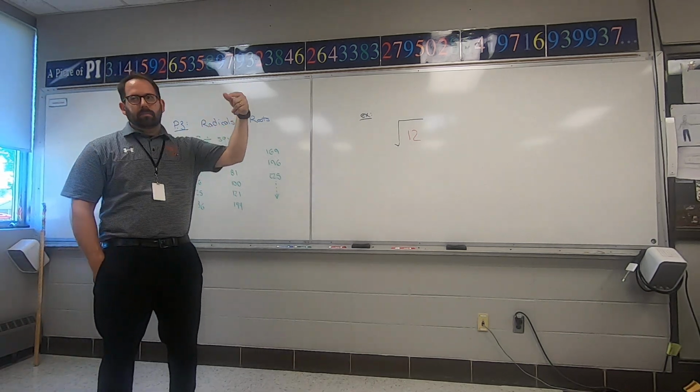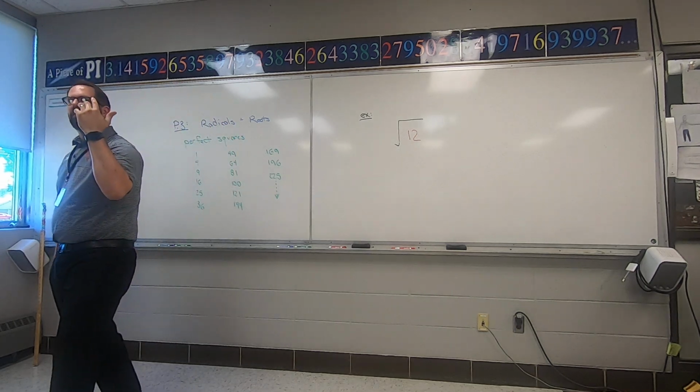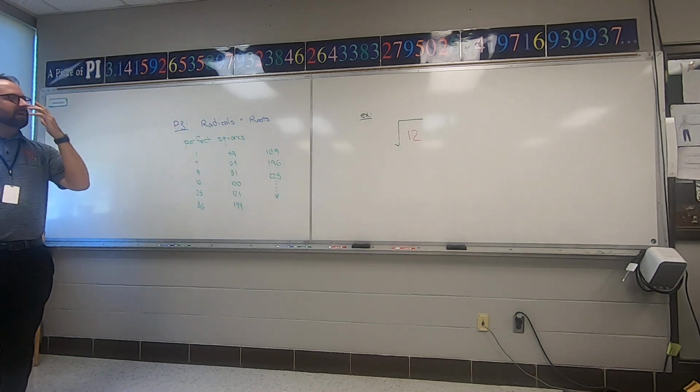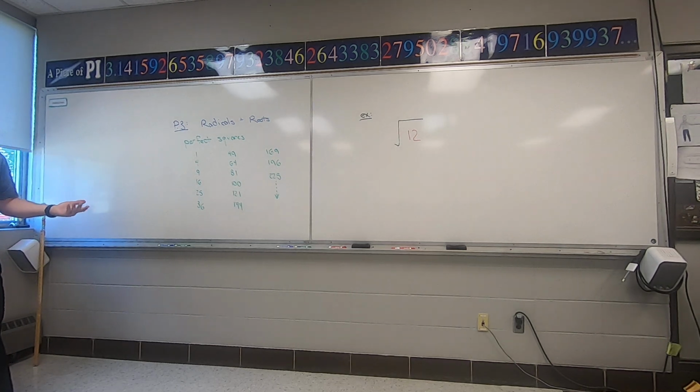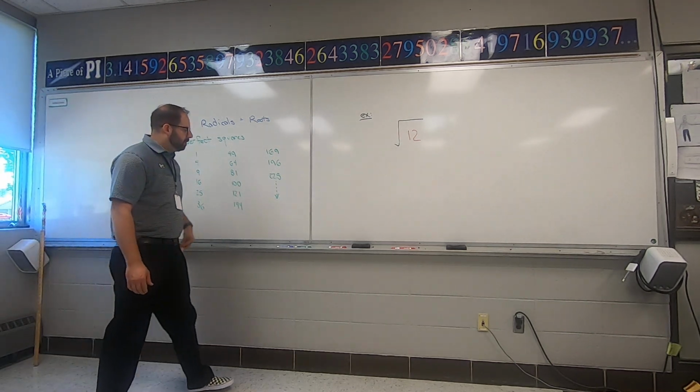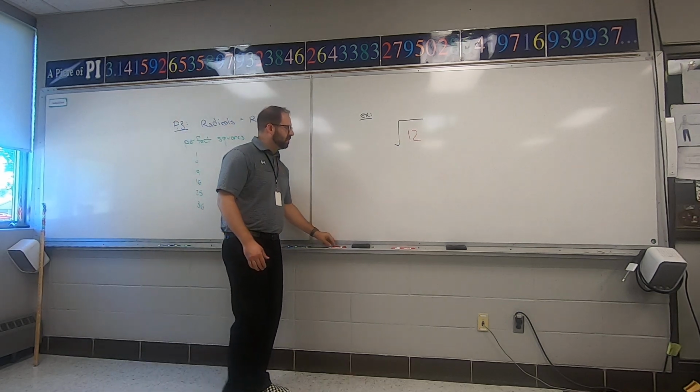Irrational numbers are like pi. They don't end, they don't repeat. There's an actual mathematical formula that says it wouldn't. If it definitely had a number that would repeat or end, it would be a fraction. And then that would mean it would be a nice, clean, perfect square, which it's not. So there's a whole complicated proof of why it won't end up being a nice clean number, but that's right,